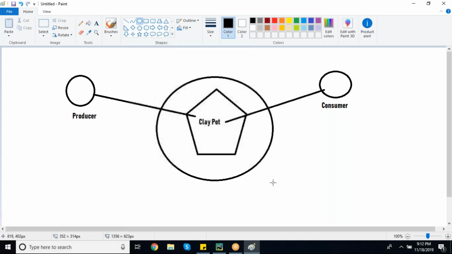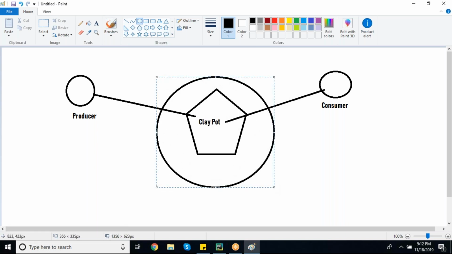This is what is called your deadlock situation. Clear, right? Any doubts so far? Okay.